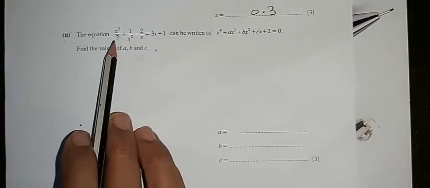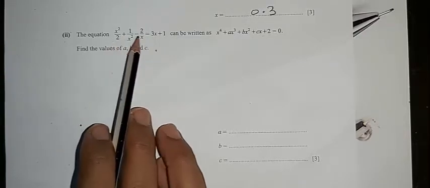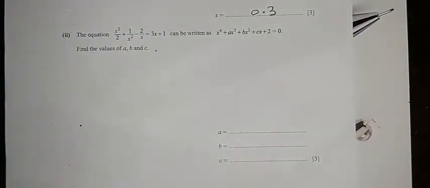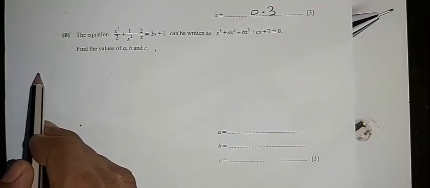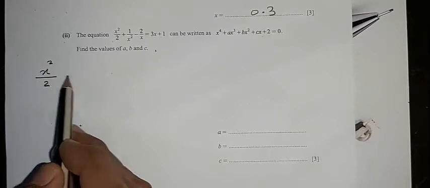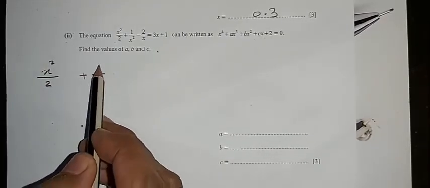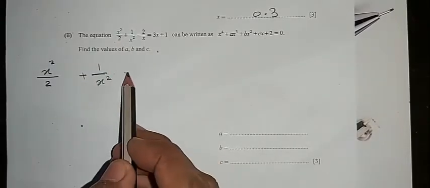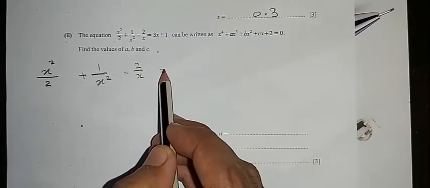Because multiplying by 2 will cancel out this 2, multiplying by x squared will cancel this x squared, and also we will cancel this x down here, okay? So we will rewrite it here, x squared over 2, try to keep some space here, plus 1 over x squared, and keep another space, minus 2 over x, okay, equals